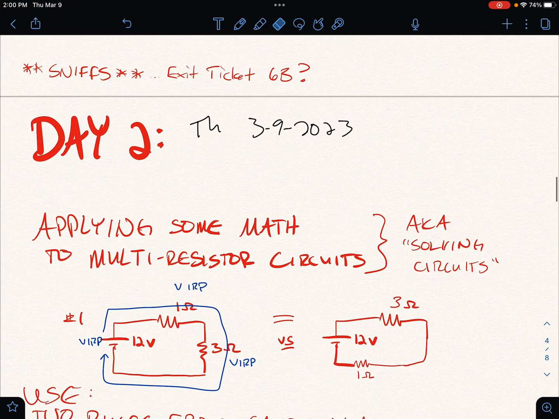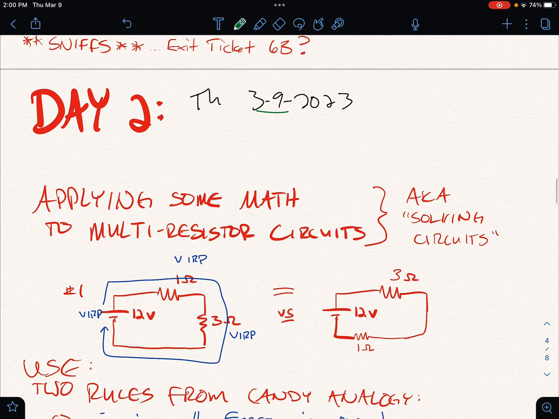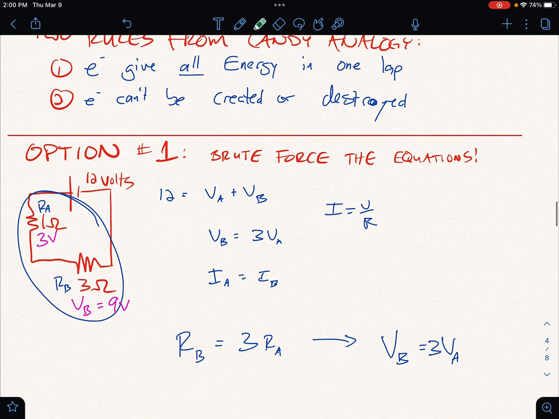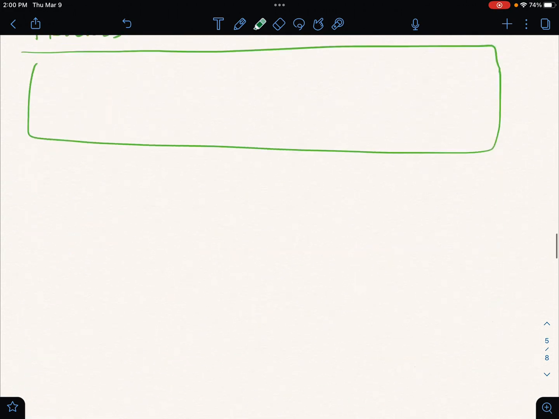All right, everyone. Today is part 2 of the lecture from either Thursday, the 9th of March if you're in 4th period, or Friday the 10th if you're in 5th and 6th. The first half I spent showing you how we could apply some math, or aka solve the circuits that are arranged in series. And so that, of course, just means I want to find all 4 variables, VIRP, for every